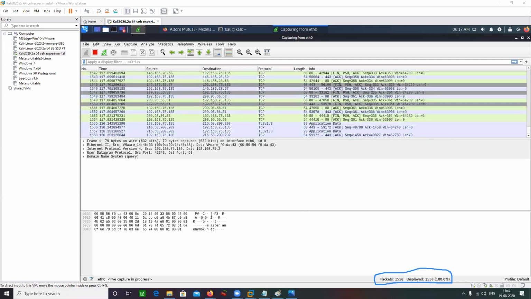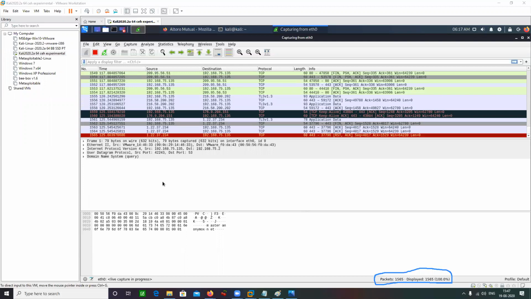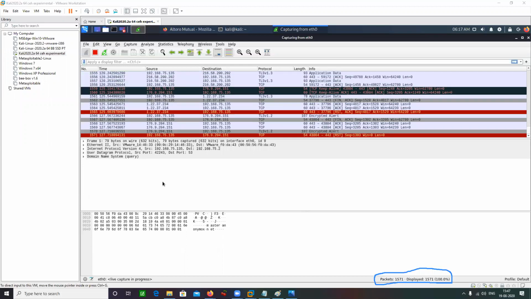Others are sleeping. I believe Monica is having some internet issues and Lakshya has not used Wireshark. Okay. What about you, Ben? Have you used Wireshark earlier? Nope. Okay.